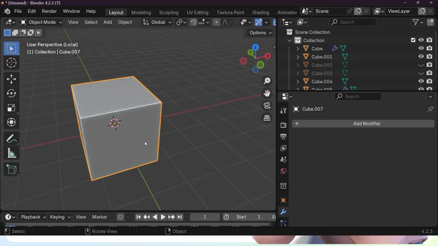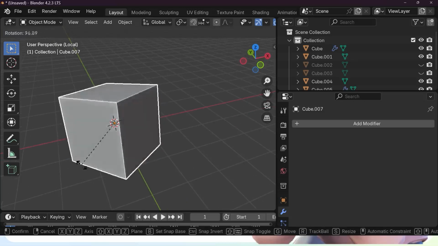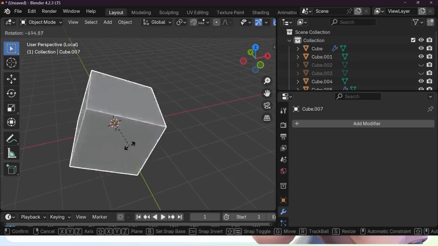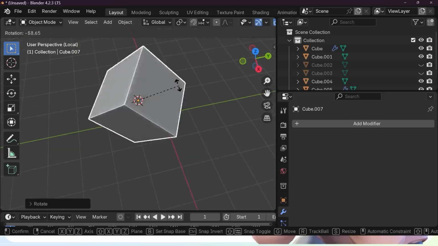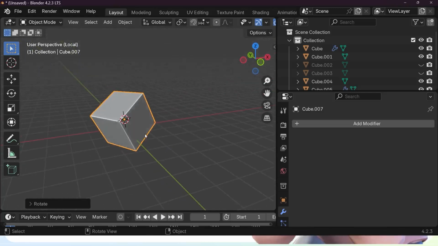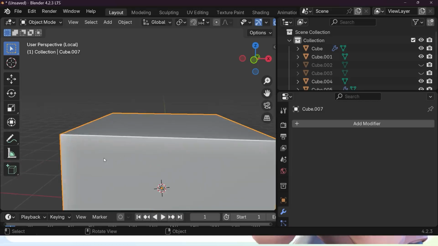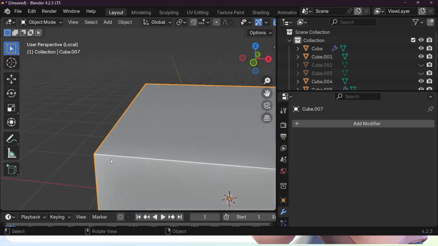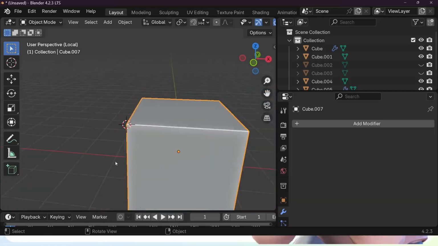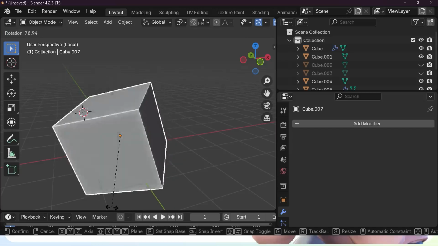So if I were to press rotate, as you can see, our geometry is rotating on that pivot. And I can change axis or whatever. But what if that's something we don't want? I'm going to shift and select this corner. If I were to press rotate, nothing happens because I didn't tell Blender what to do with that pivot